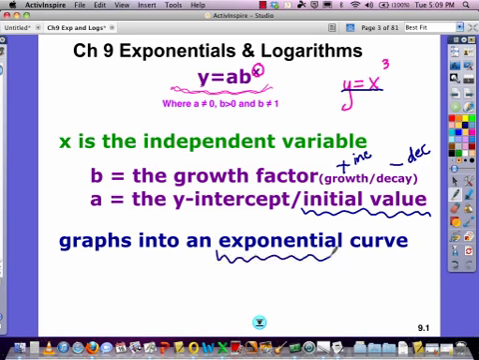There is no real nice name like, for example, a parabola. So every single squared equation had a graph of a parabola. We don't have that here. It's just an exponential curve, and you're going to see some differences, some similarities as we go through and graph a couple. So knowing that our first section is all about